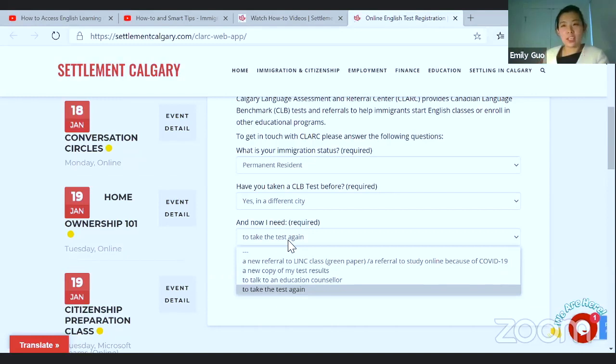If you kept working and you've got this environment, this workplace or this social circle you exposed yourself to, your English might be improved. And it's also possible that you didn't really use English at all. So that's why we need to make sure that your level is reflected as it is. So does the test cancel my benchmarks from before? It will, we will take the recent benchmark result into consideration and place you.